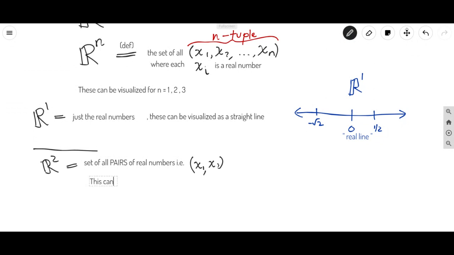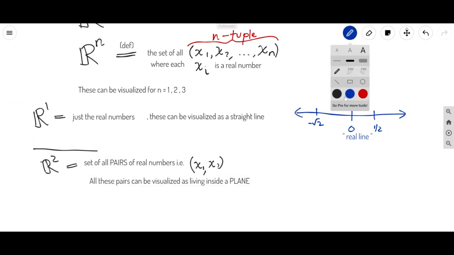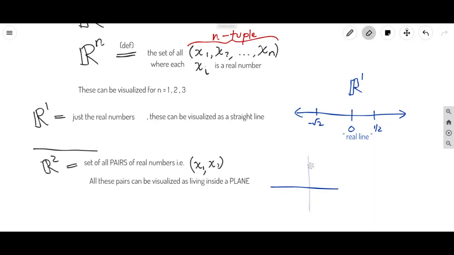And all these pairs can be visualized as living inside a plane. So this time you have a plane. The picture here would be, instead of a line, you have a plane. And the idea is that each of these two axes represents either the first or second coordinate. So if you have, for instance, a point over here, maybe that point is located at (1, 1), or maybe you have something over there which is located at (-√2, 0), and so on. So R squared, or R2, represents